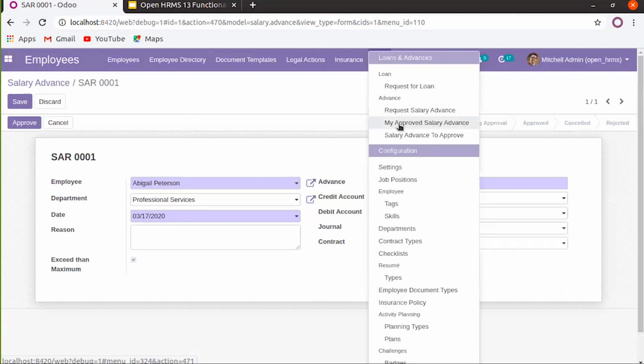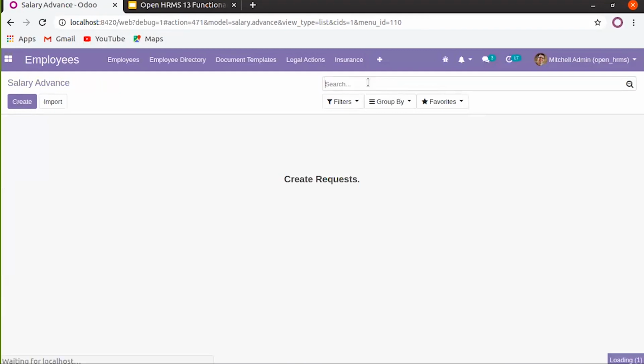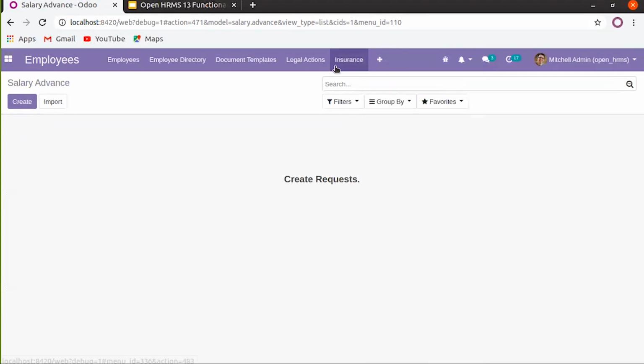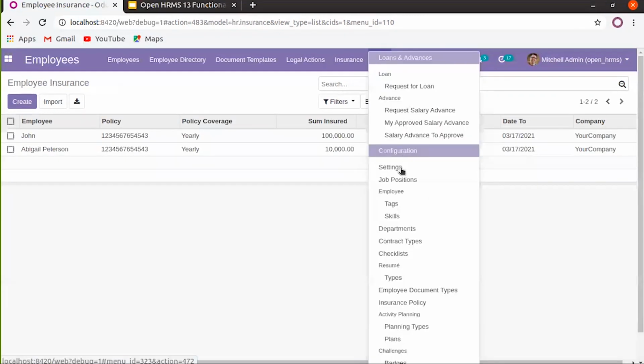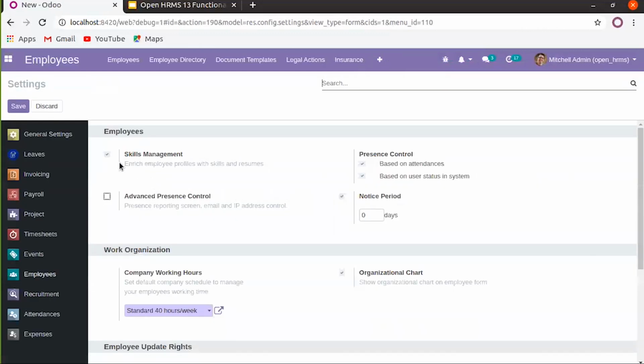So then we have an option to view the salary advances which have been approved. So you can find all the salary advances which have been approved. Then we have salary advances to be approved for other employees too. Then we have settings. Under settings we can find the details of the OpenHRMS features, like